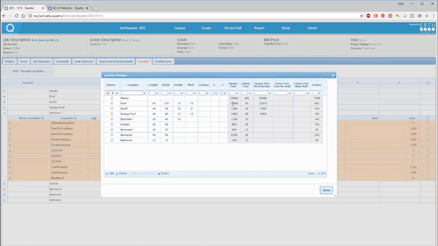So I can have a square foot dimension, I can have a linear foot dimension, I can have the square foot of a roof section, linear feet of exterior wall, linear feet of a mate wall, and a perimeter. So I can have all of those items. So when I go ahead and add or update or change these sizes, for example, if I'm looking at bedroom 1 here,